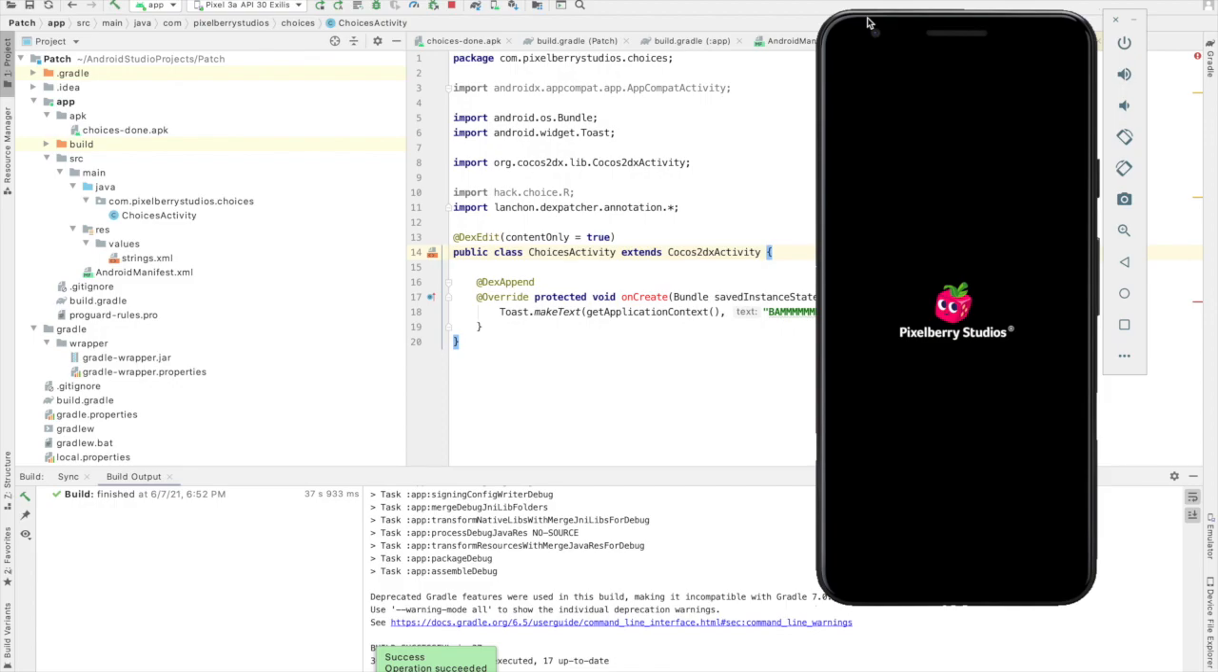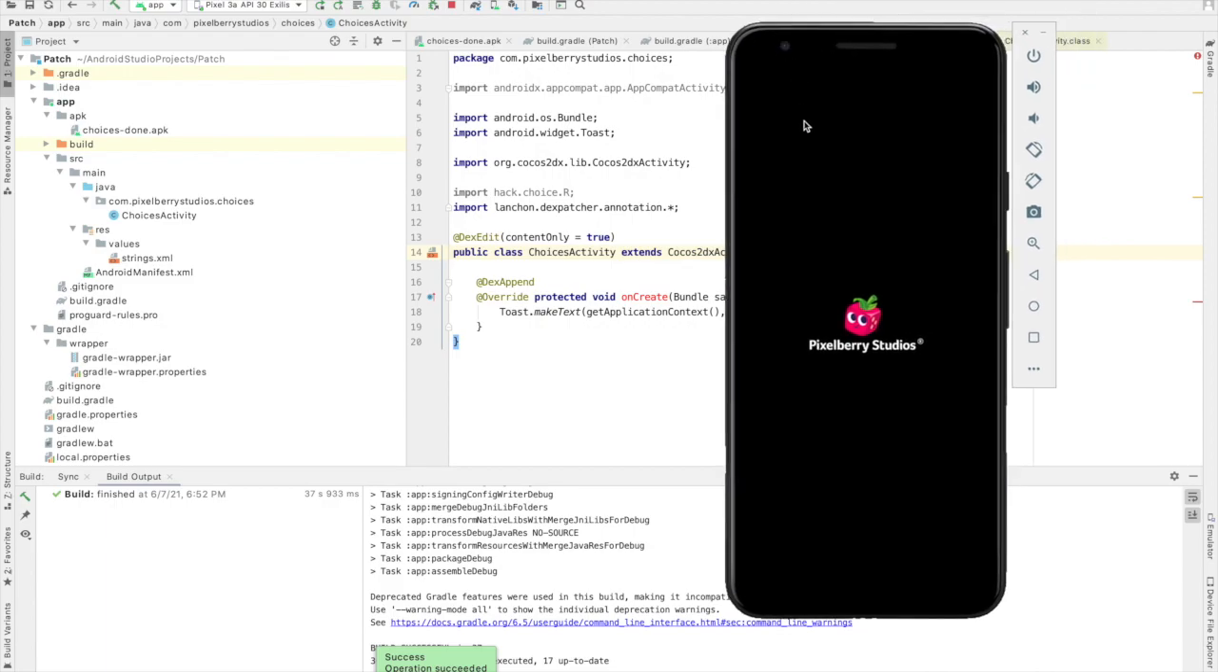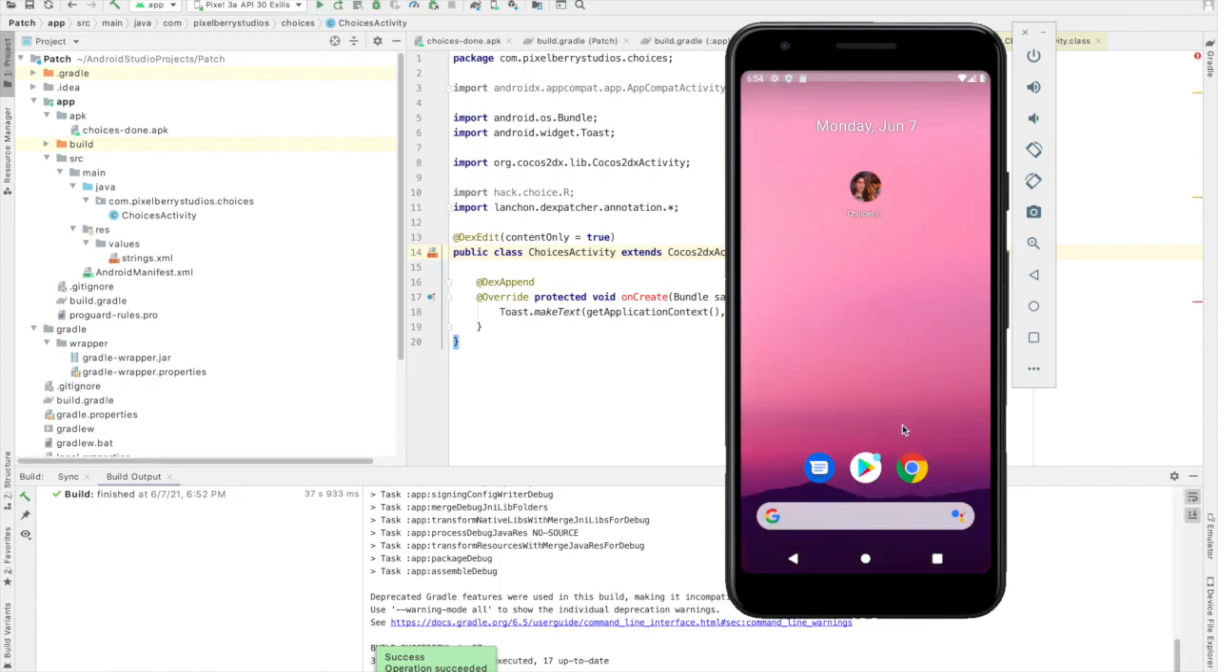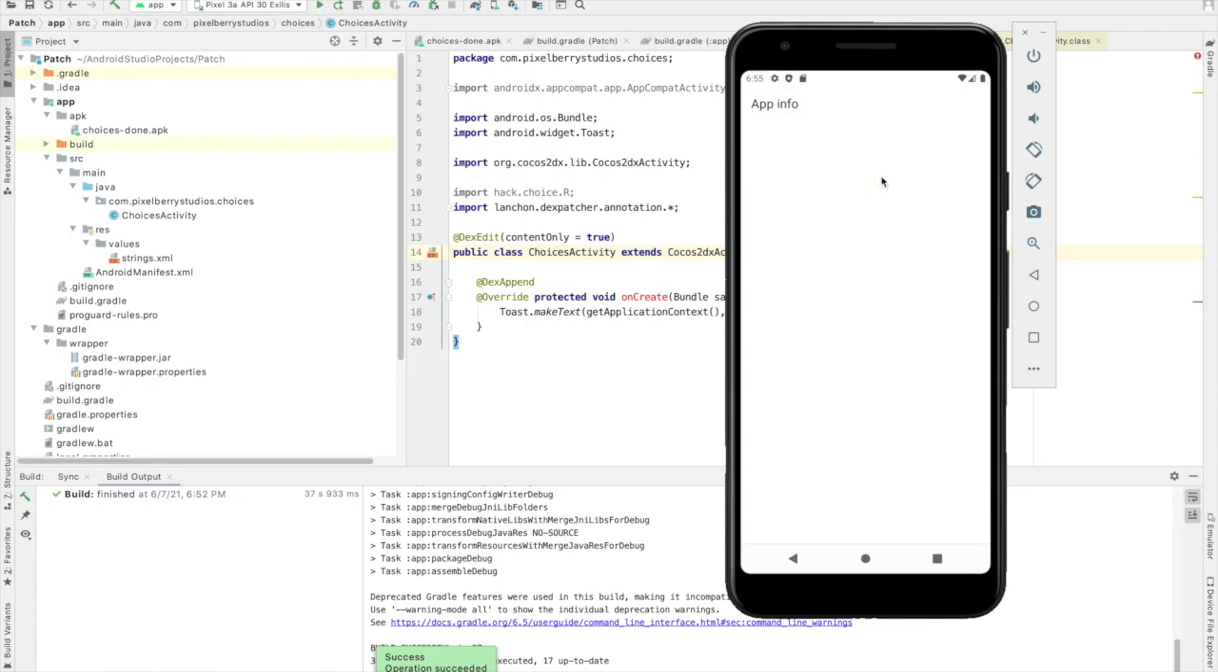And now we do have this app that has launched. Let me just exit real quick. Seems to be a little lag. And if we navigate to the app info, we see that we have also patched the name